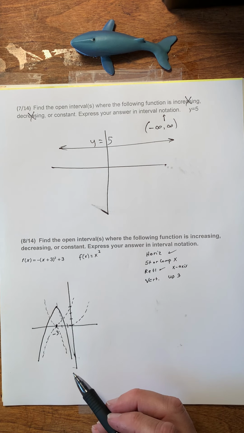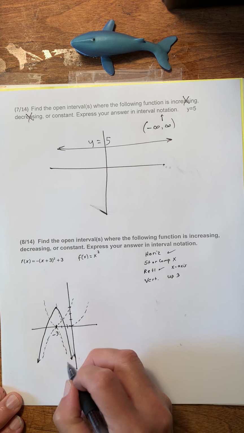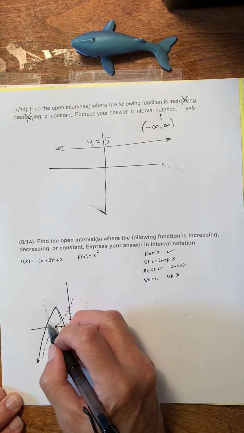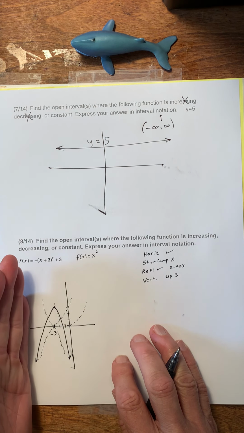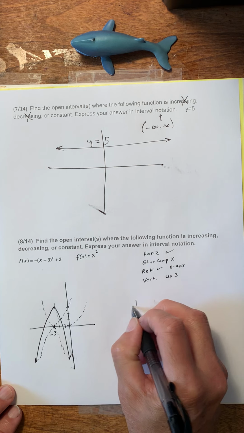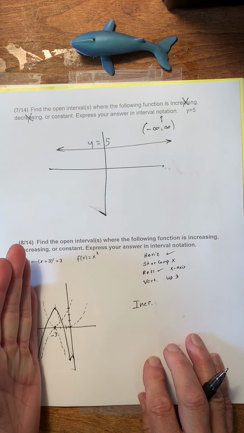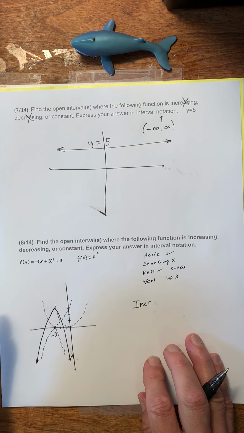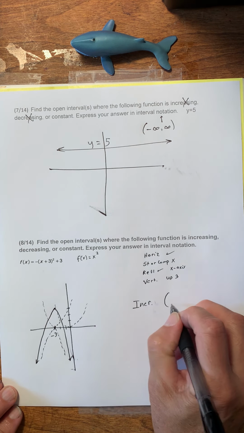Is there any increasing interval? Yeah. This guy's increasing right here. And so from all the way to the left, from -infinity all the way to -3, it's increasing. Remember, I look at the x-axis to see where it's increasing. From -infinity all the way to -3,